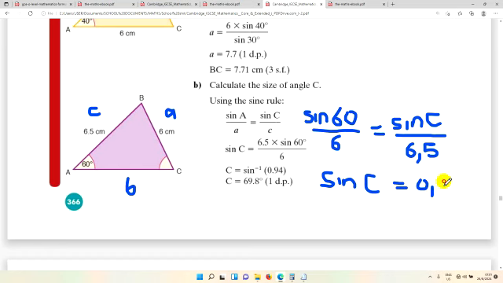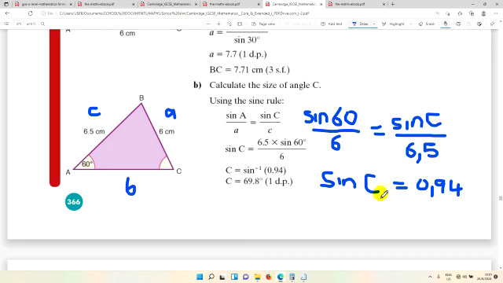I just want to give you a rough idea, guys. It's okay. So for us to be left with C,